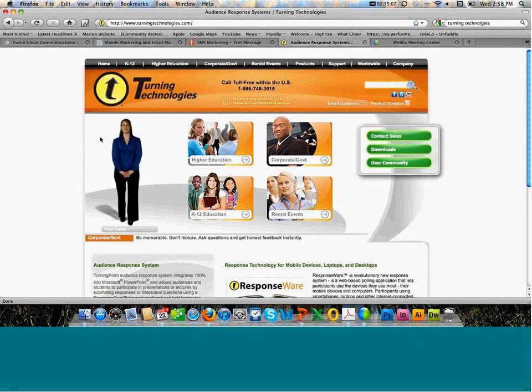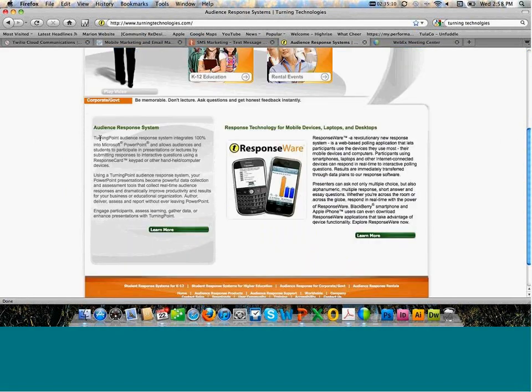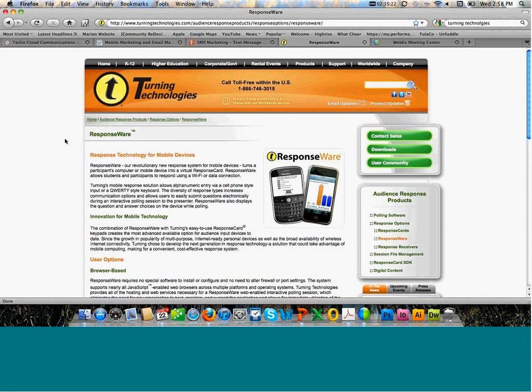So in this case, you can, using Turning Technologies ResponseWare service, allow the same kind of participation within a public meeting, but have it be done through a mobile phone. So you actually don't have to have the keypads themselves. It syncs with the PowerPoint, and you can ask a question, and people can text in their responses via their mobile phone, and there's real-time recording to be seen on the screen.